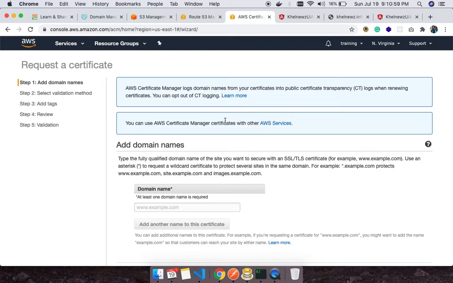Because when we try to add this certificate in the CloudFront, it says that it is trying to look for the certificate which comes under this Virginia region, and to be honest, I don't have a further explanation why that is happening, but I may read about that more and share the details. So for now, we'll have to create a certificate under this region. Okay, so let's add the same information again, kalenews.info.